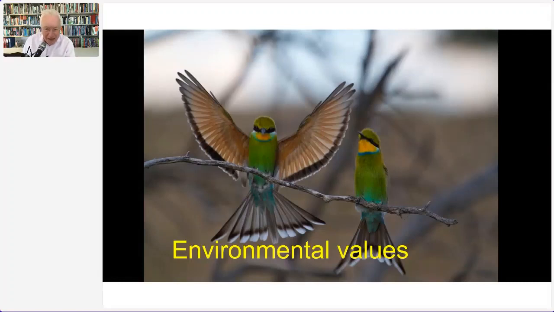Do you like my photo here? I took this myself in the Kalahari Desert in sub-Saharan Africa, and these are swallow-tailed bee-eaters.